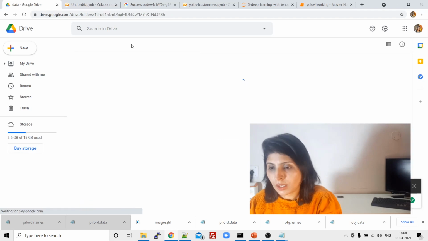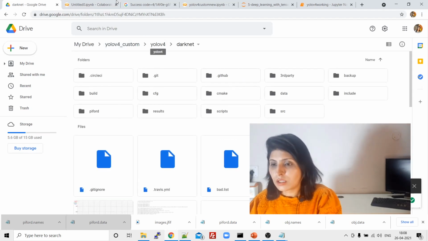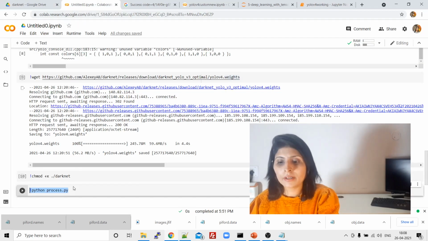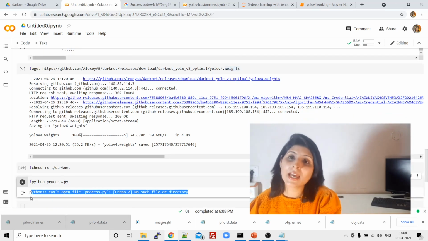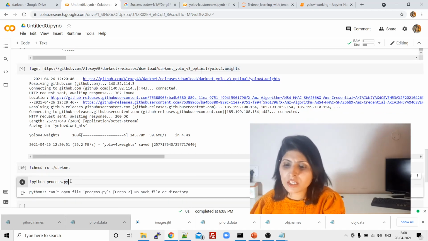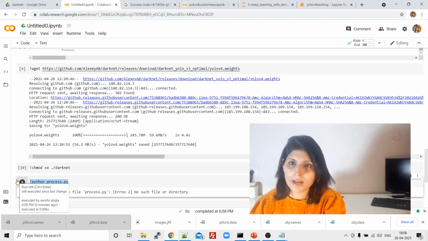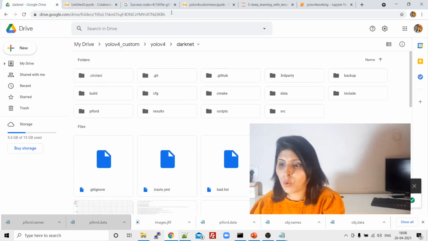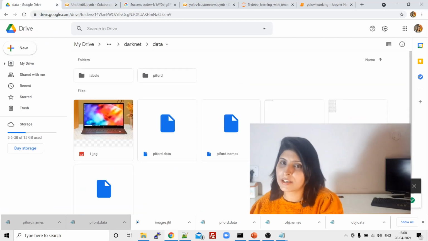Now come here and let's execute this file, python process.py. Right now we are getting an error because I hadn't uploaded the folder over there. You just need to execute this command. After that, when you open your data folder, over there you will get these train and test text files.